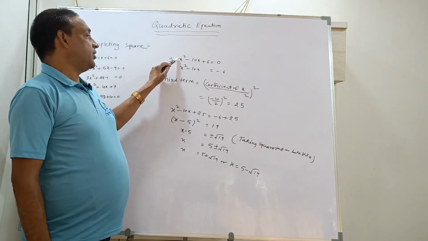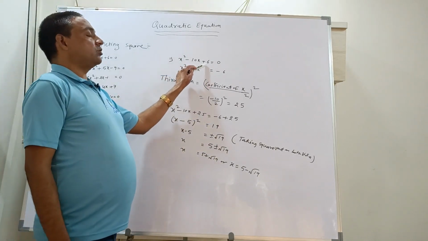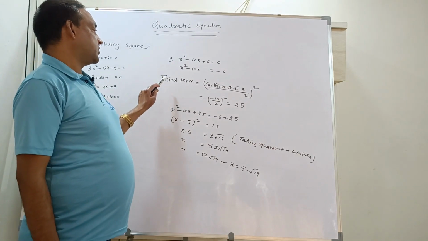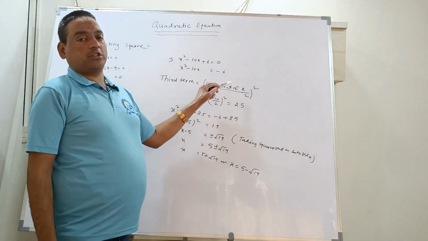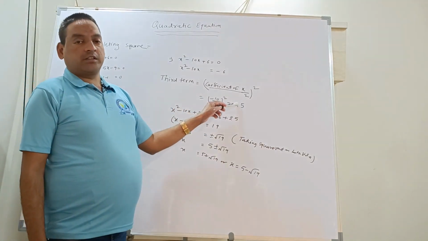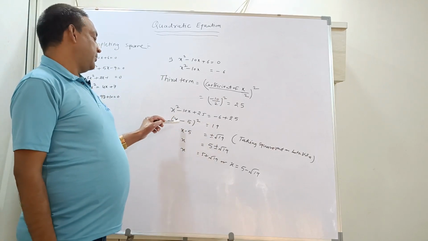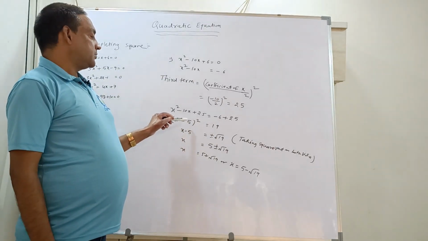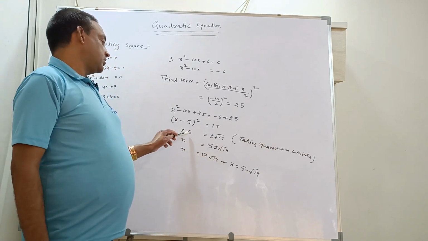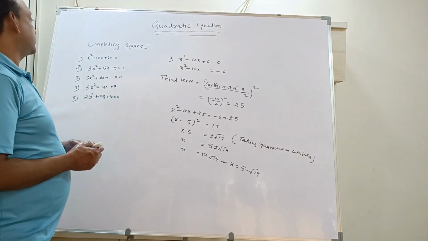If any number is given, we divide throughout by that number, and then whatever constant number remains, we take to the other side. Then there is a formula for the third term: it is equal to the coefficient of x divided by 2, the whole square, and then we simplify to get the third term. So we add that number on both sides, make the perfect square, (a minus b) the whole square, then take the square root on both sides and take the constant number to the other side, so we get the value of x. Okay, so this is sum number 1.